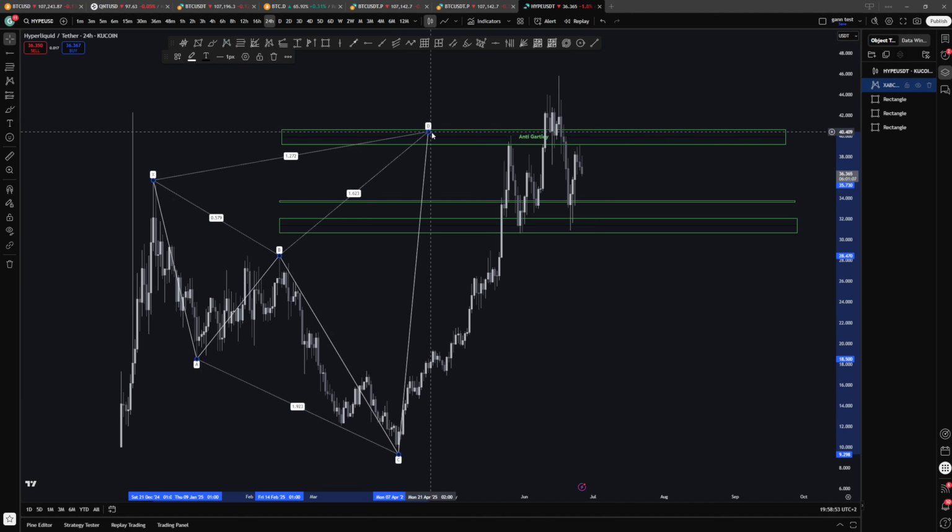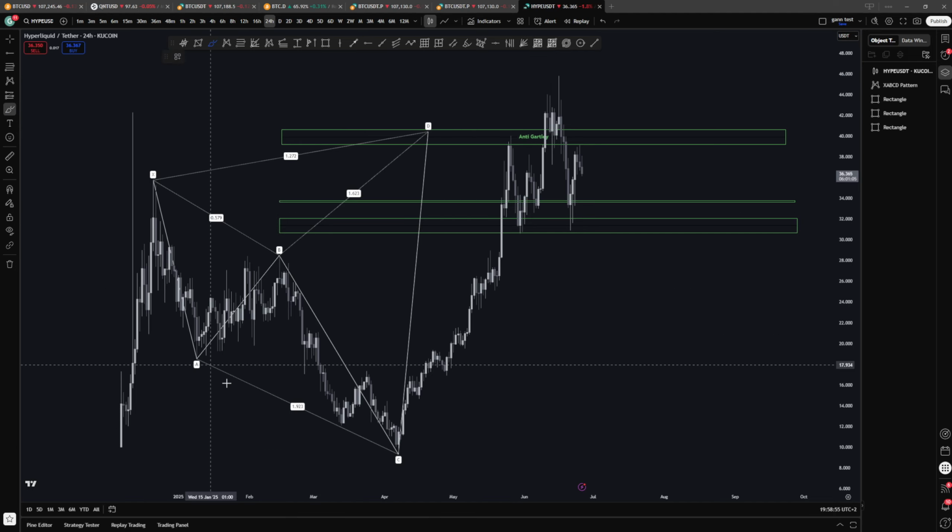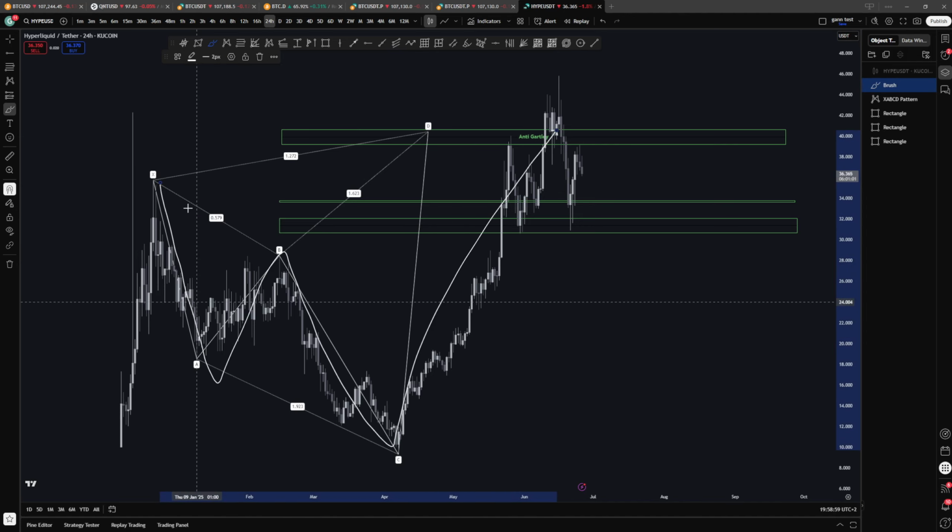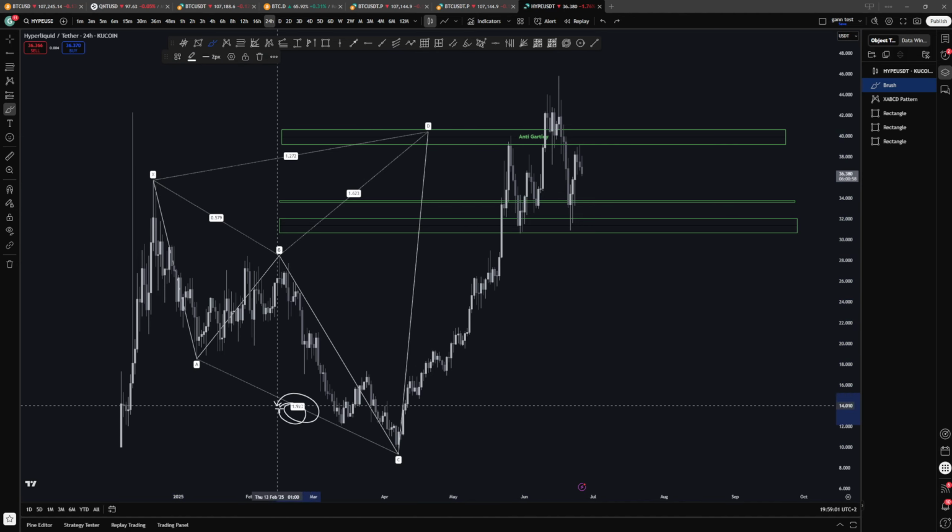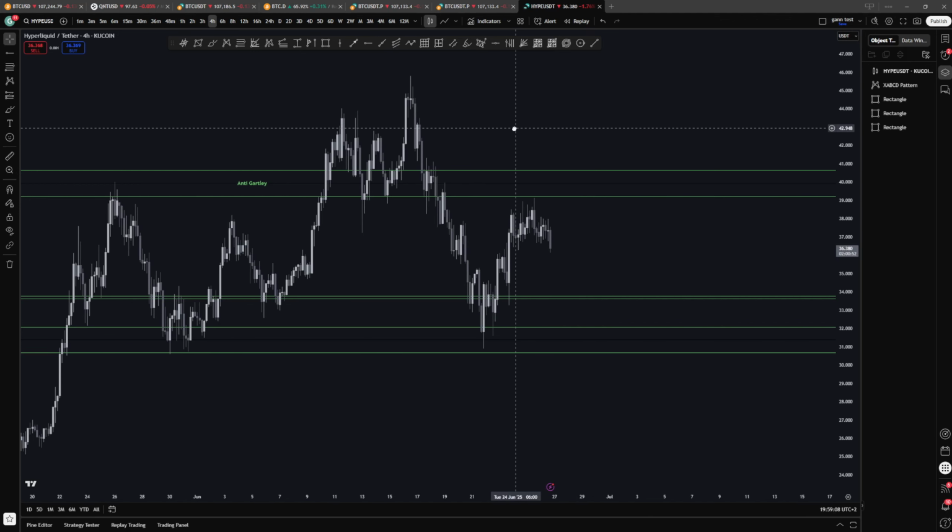This is an informal pattern called an anti-cardi. I don't usually talk about informal patterns, but this hype chart is really, really ugly. So this A to C doesn't end up in anything formal. So that's why I use these. So, first of all,